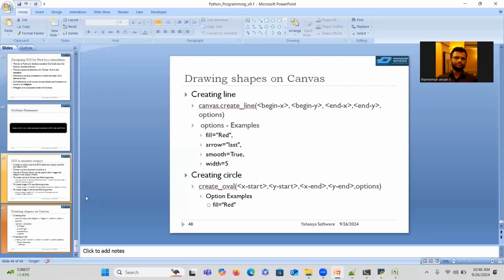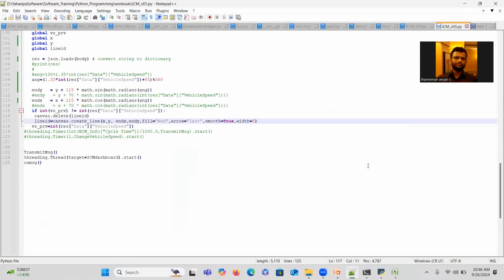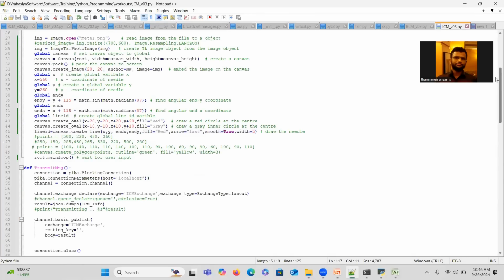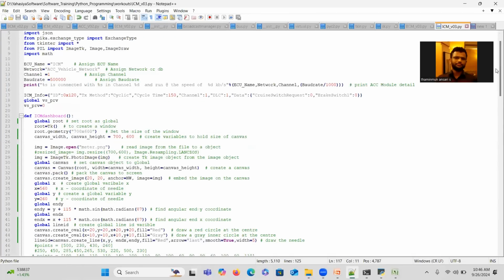So let us go for implementation, right? For that, I have a program. As we are going to mimic the instrument cluster module today, I'm going to work on that file now. So here is the program that I am going to demonstrate. These things are old, which I already gave in the introduction. But today I developed